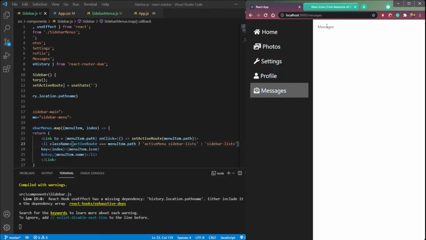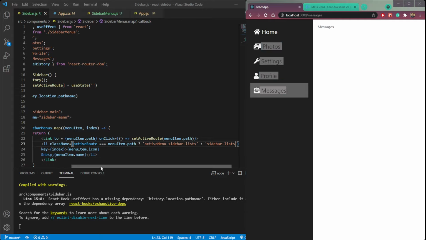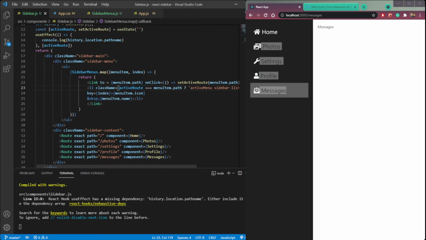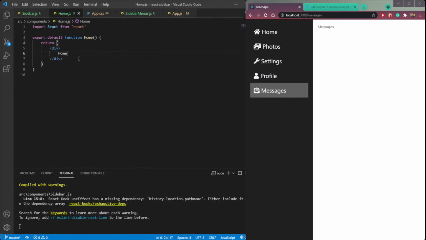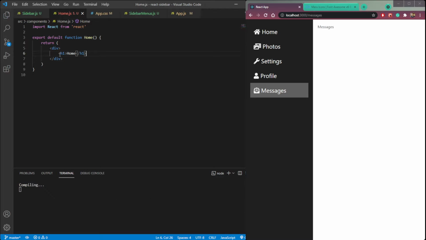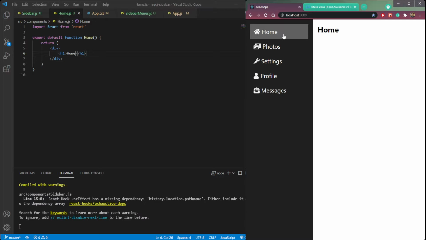You can change the content of this sidebar menu list, sidebar content. You can have anything you want. So let's say open the home page and make it H1. It will be a big heading and save it. Click home and you can see we are on home. So we can repeat this for all the other routes. So photos,